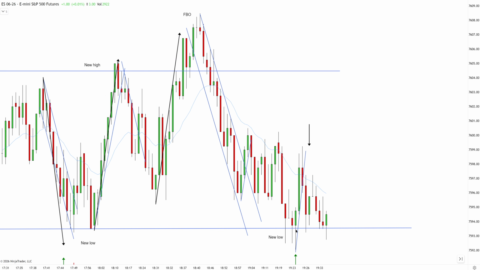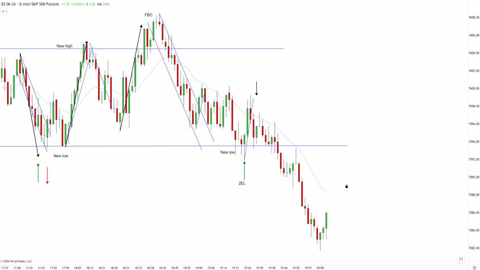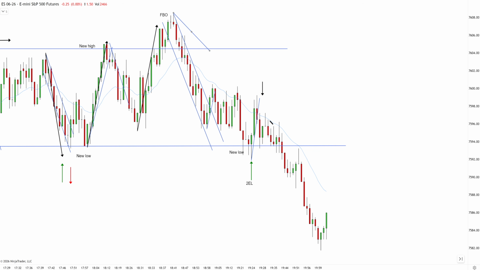Since this push off the bottom didn't push above EMA, and you're back below, and EMA is holding so many times, I cannot take this second entry long. Actually, it's not second entry long, but the support bounce. It's too squeezed, EMA held too strong, and this means sellers are in the market. So market continues to go lower, and because we have such a substantial push down, I need to redraw a bigger downtrend. Actually, we have a lot of confirmations. Okay, your breakout, pullback, most breakouts will fail, at least temporarily. But you can see you don't want to be fading, you don't want to be buying because the EMA keeps holding so many times. It's telling you that the structure is too bearish.